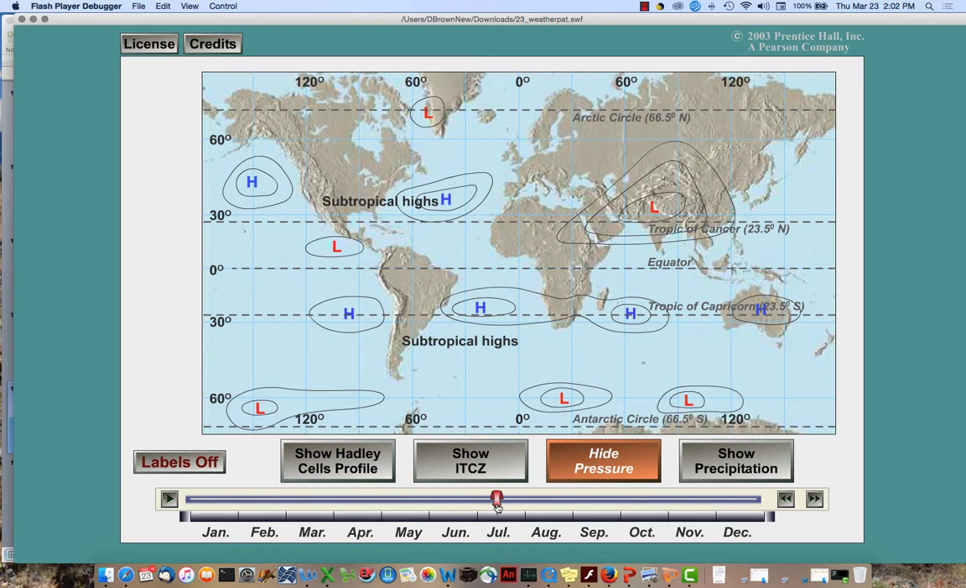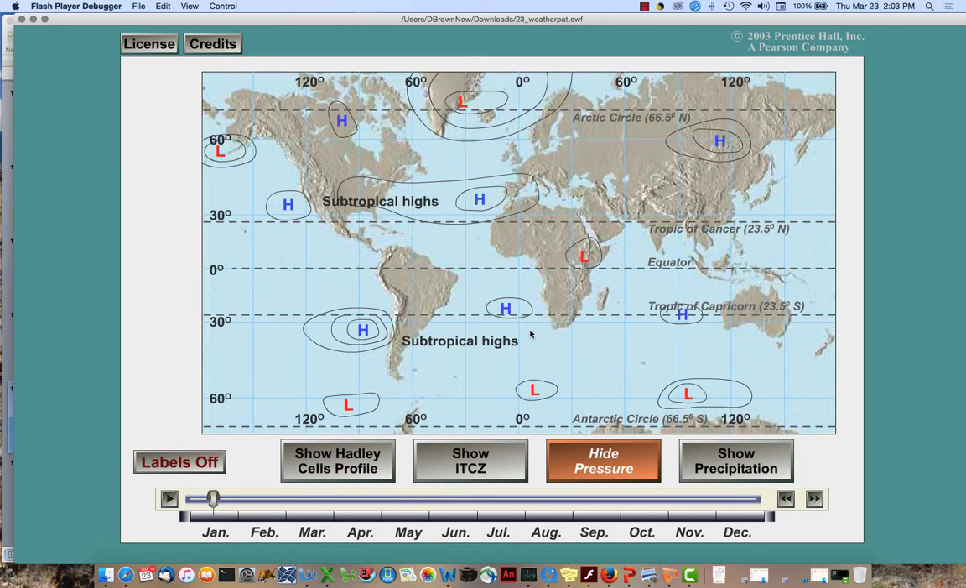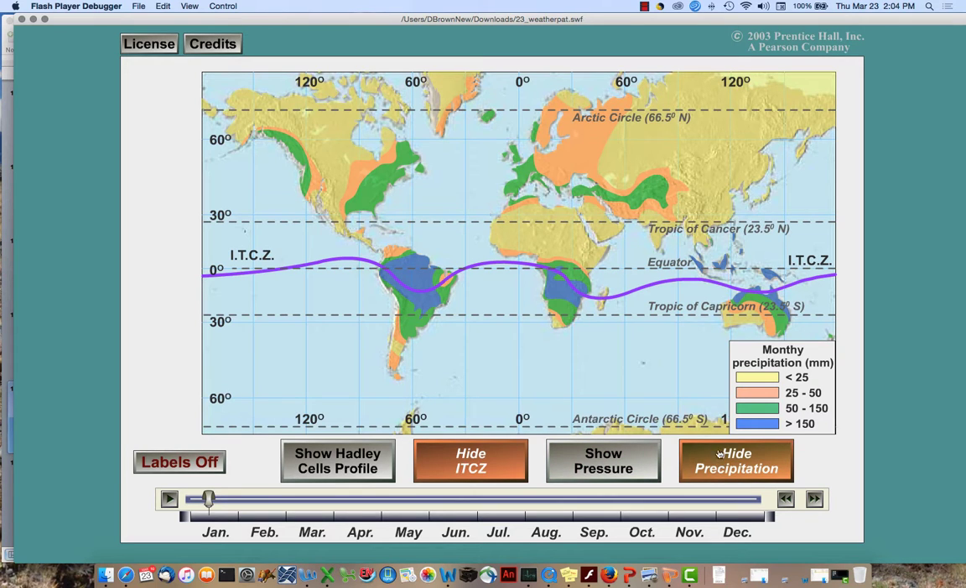You can see our July with our very strong subtropical highs over the oceans because they're relatively cold. We see that really pronounced low over the Himalayan foothills associated with heating of the Tibetan Plateau. And then we can move back again to January. And then we can see again in the southern hemisphere summer, we see this really strong Icelandic low, really strong Aleutian low, etc. To show the impact of the ITCZ's position on precipitation, simply turn both those buttons on, and